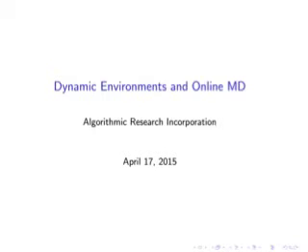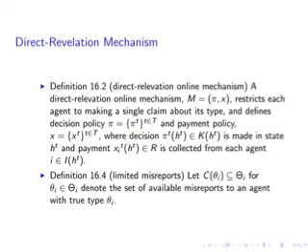A mechanism makes and enforces a sequence of decisions k equals k^1, k^2, and so on, with a decision k^t made in period t. Let k^[t1,t2] equal k^t1 and so on to k^t2. The decision made by a mechanism can depend on messages, such as bids received from agents, as well as uncertain events that occur in the environment.